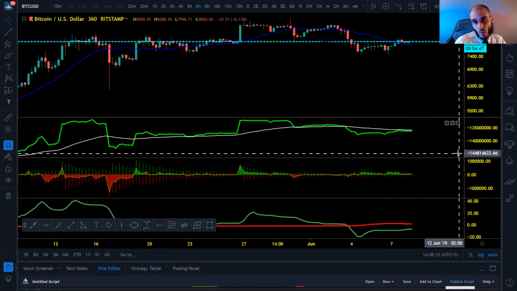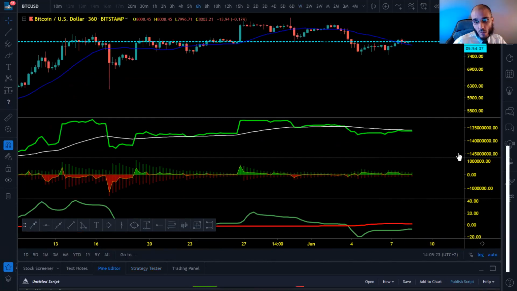And on the daily, we are positive except the last indicator. On the 6 hour, we are positive except the last indicator, which is negative. But the rest is positive. Yesterday, KK intraday MS was negative, but today it is positive.